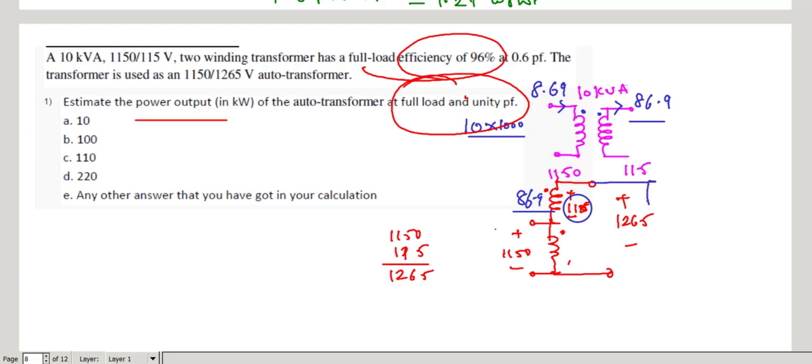I have connected this load like this. So to the load the current would flow. I want to connect the load to that auto transformer, and to that load the current should flow. So the current enters into the load such that it comes out from the dot. If it comes out from the dot, then the current must enter the dot in this winding.